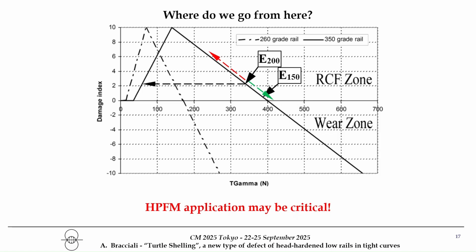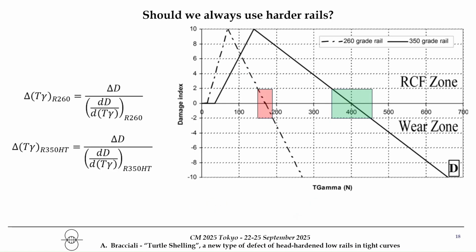The other way is to go to the higher wear. But I was not so crazy to propose sanding in curves to increase wear and to wash away cracks. So this is something unexpected, so I ask for your help to try to understand what's happening. In the paper, I make some assumptions and some ideas of whether it's better having hard rails or not hard rails in terms of sensitivity to the possible malfunctioning of the dispensers of friction modifier. So if you want more details, you can look at the paper.